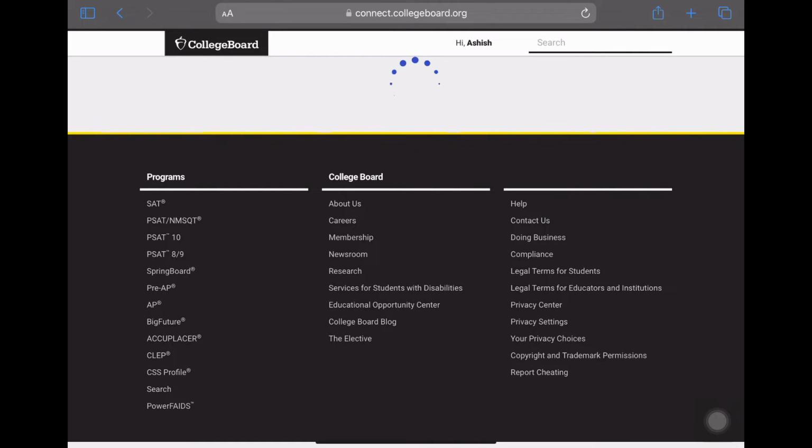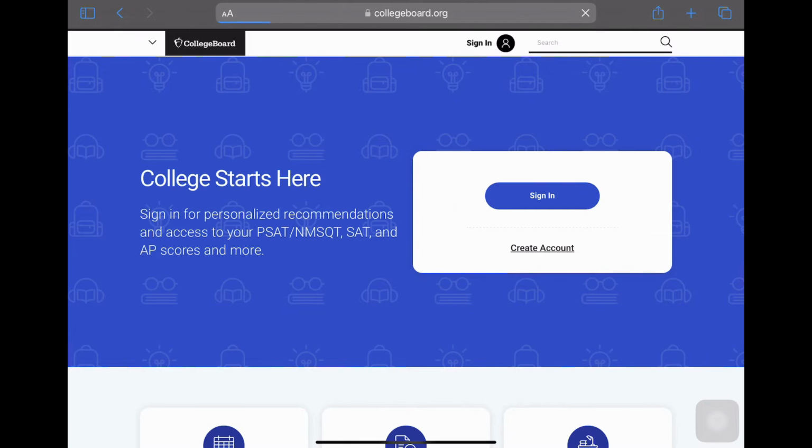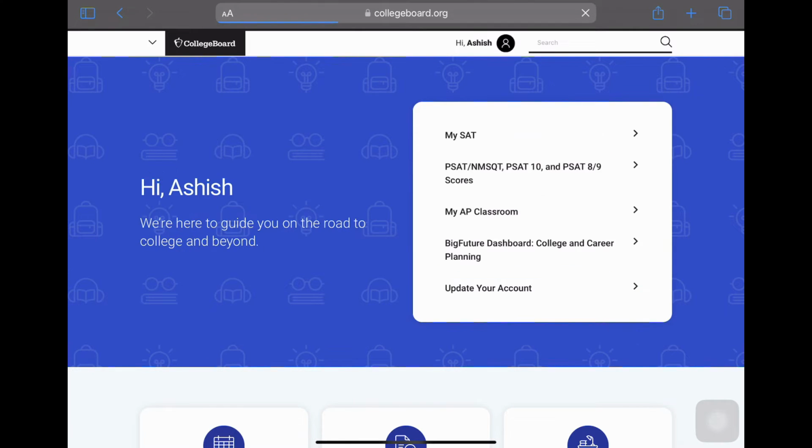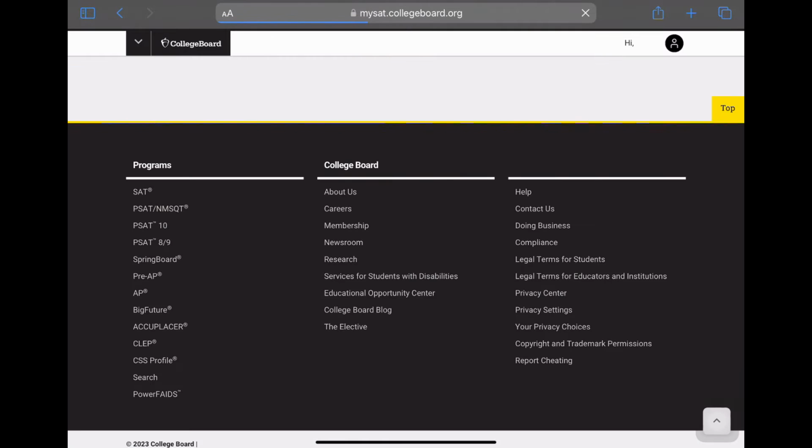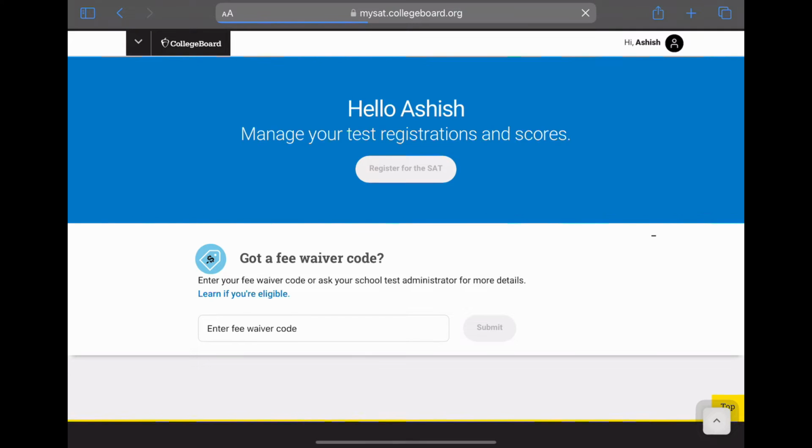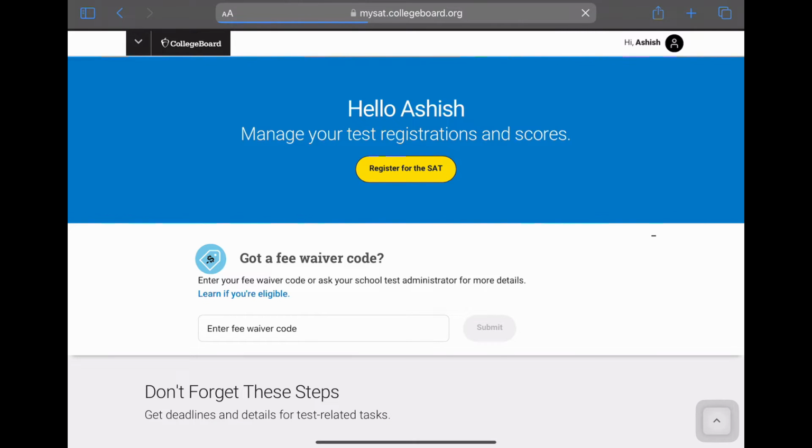Once you log in, you will see your name at the top, and the first option would be My SAT. If you have taken the SAT before, you will get to see your score by clicking on there. If not, by clicking on My SAT, you will get this option to register for the SAT. When you click on this,